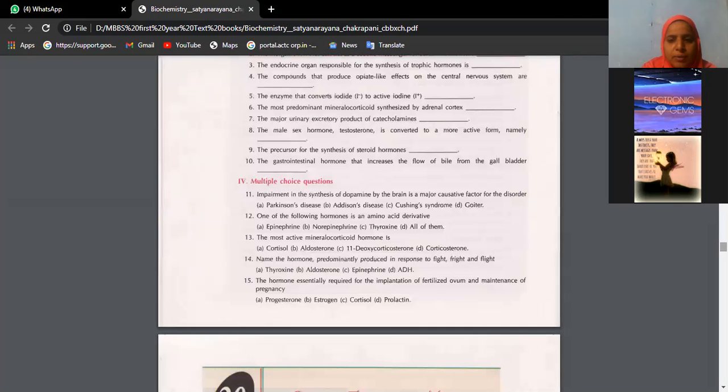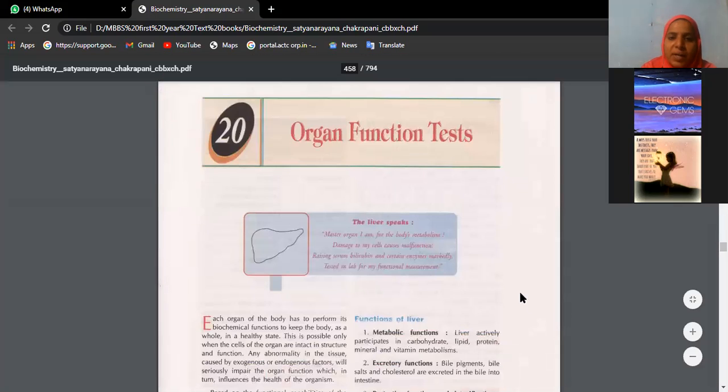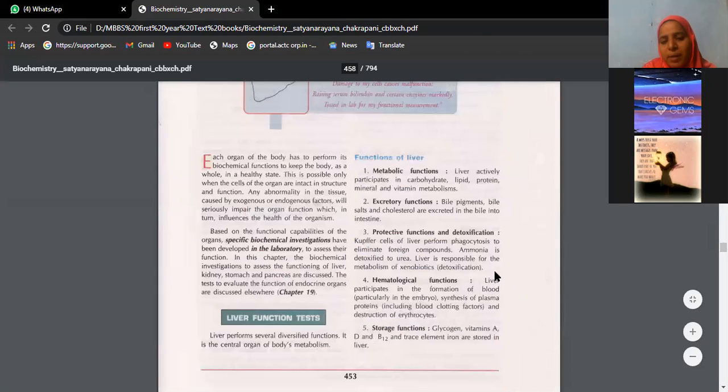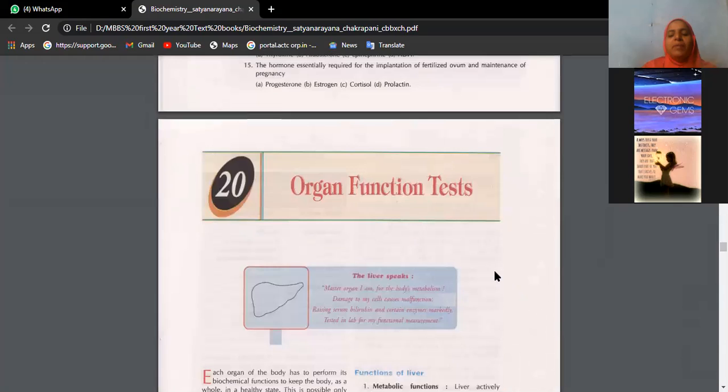So, what are the various types of jaundice we have, beta? I will discuss first hemolytic, then hepatic, and obstructive. That I think we have already discussed. So what are the other names, Ritika, for hemolytic? Prehepatic, hepatic, and post-hepatic. Prehepatic is nothing but hemolytic. Hepatic is nothing but the one which is related to the liver disorder. And post-hepatic is nothing but obstructive jaundice.